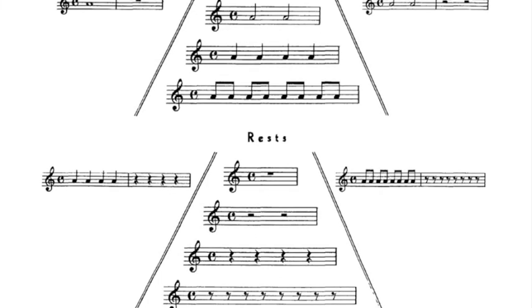Remember, a rest is as important as a note. Never overlook a rest